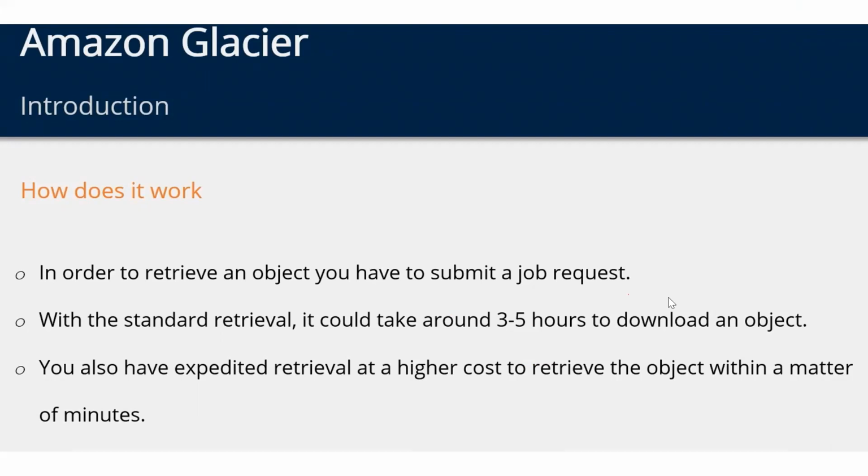Yeah. So everything is on money, everything is on sale here. So if you want a quick access, you have to pay extra. Or if it's go with the flow and you can wait until 3 to 5 hours. Yeah. The average time is like 3 to 5 hours. Okay. But for that one, we have to put a request. So it's not like you are interacting with any person, but in the Amazon Web Services, when you log into the console, it will give you all these options. So based on your business needs, based on your finances, you manage it, whatever you want.